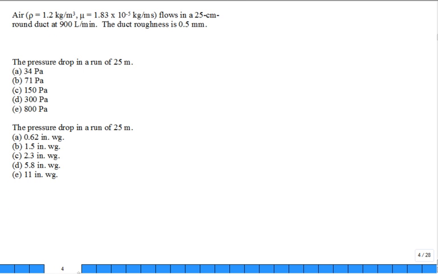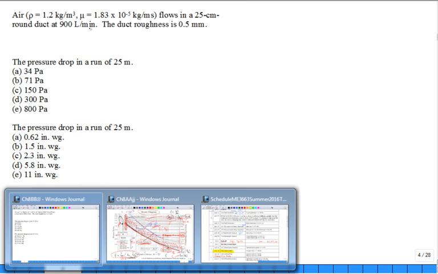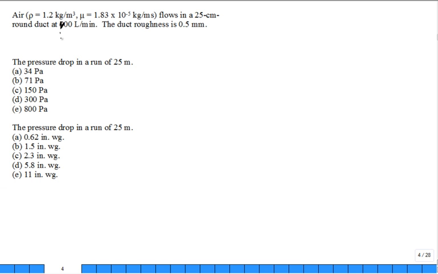So this is the same problem, except there's a typo. 500 liters per minute. And the pressure drop. What's the pressure drop in a run of 25 meters? So we had calculated that the friction factor was 0.025 and the velocity pressure was 62 Pascal. How do I calculate the pressure drop in a run of